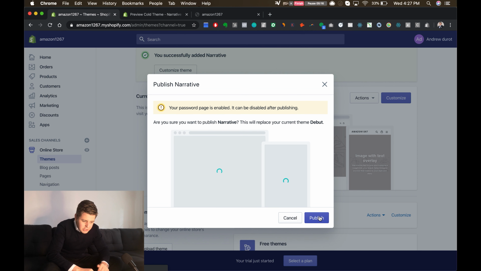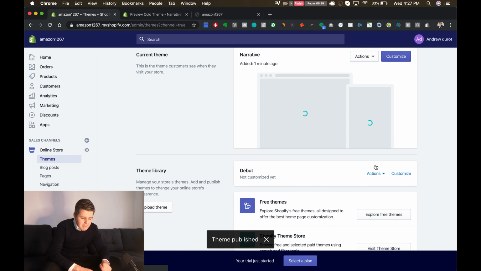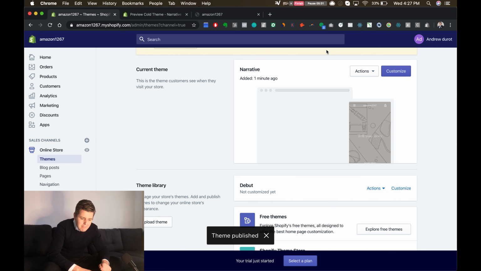If I click on publish, it gives me a little warning. Watch out, this is going to become your main store design. Any clients that walk in right now are going to see this store, this layout. You can click, yeah, I'm fine with that. And then this is going to be your main store. And you have